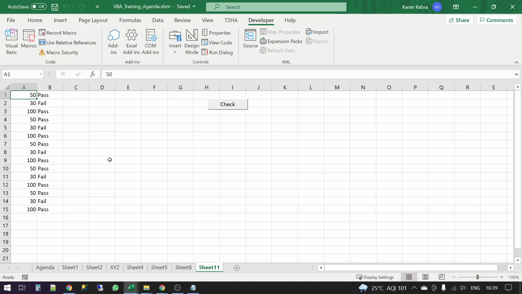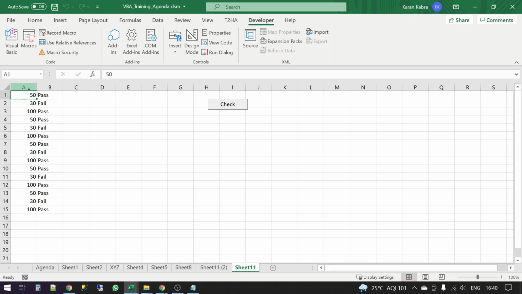Now I have 20 minutes which I want to spend on something a little bit more advanced than this very basic looping. What I want to do here is, instead of this pass fail, okay, let me create a separate sheet.